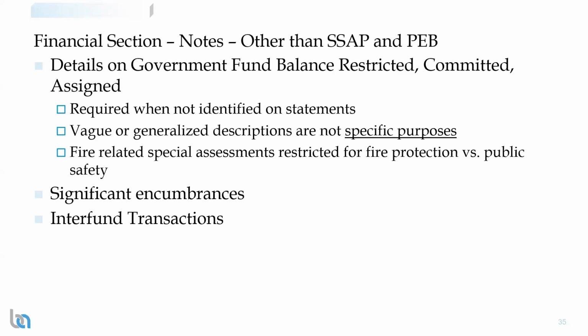We most often just work with cities, so I want to keep in mind those of you at special districts, that when you're looking at GASB 54, it's for purposes narrower than the purpose of the government. So naturally, a fire district that receives monies, all the monies it collects are for fire purposes. Same with the city, whatever you collect, hopefully you're not spending it on activities that are not permitted by the city. So you have to look at purposes that are narrower. This can create some differences in your financial statements for component units.